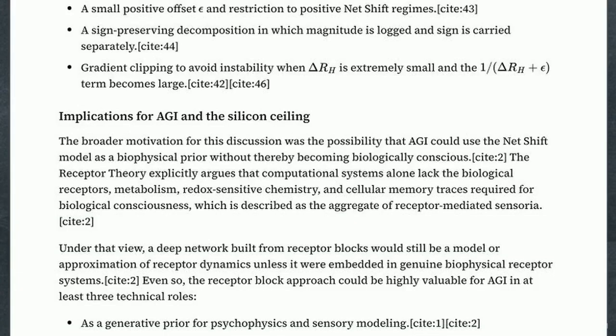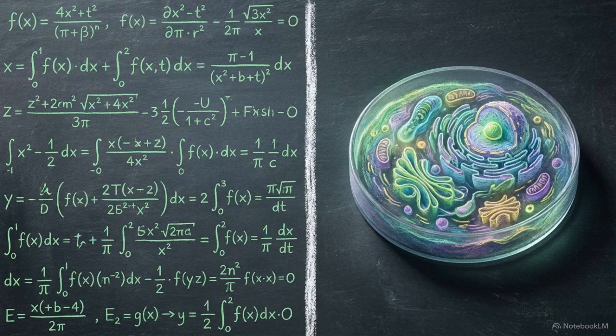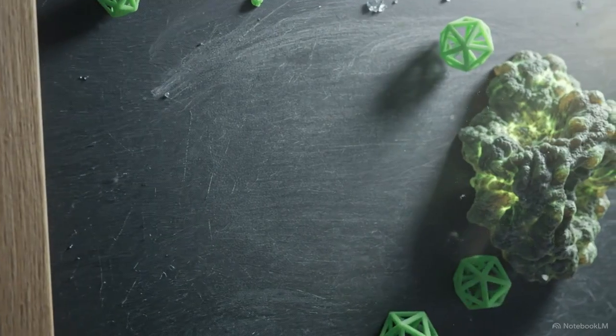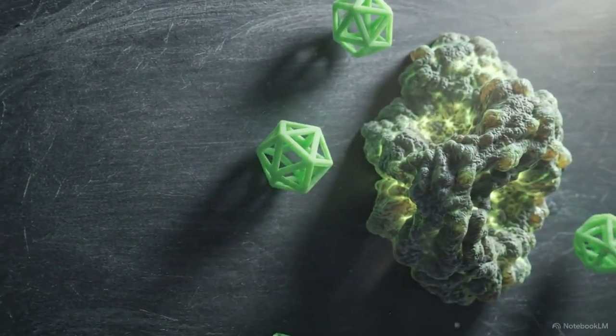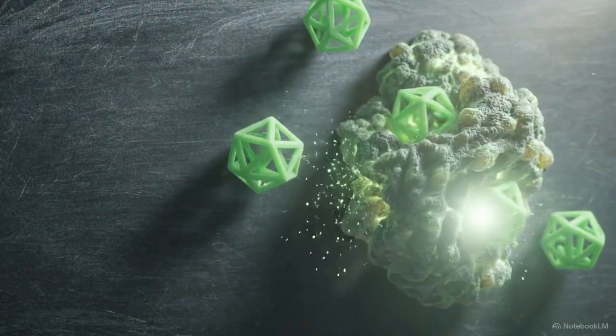These technical improvements raise questions about the nature of synthetic consciousness, particularly regarding what computational models can and cannot achieve. The receptor theory maintains a strict boundary. Simulating the mathematics of receptors does not spontaneously generate biological consciousness. According to this theory, while a deep network can approximate receptor dynamics, true consciousness is tied to biological receptors, metabolism,